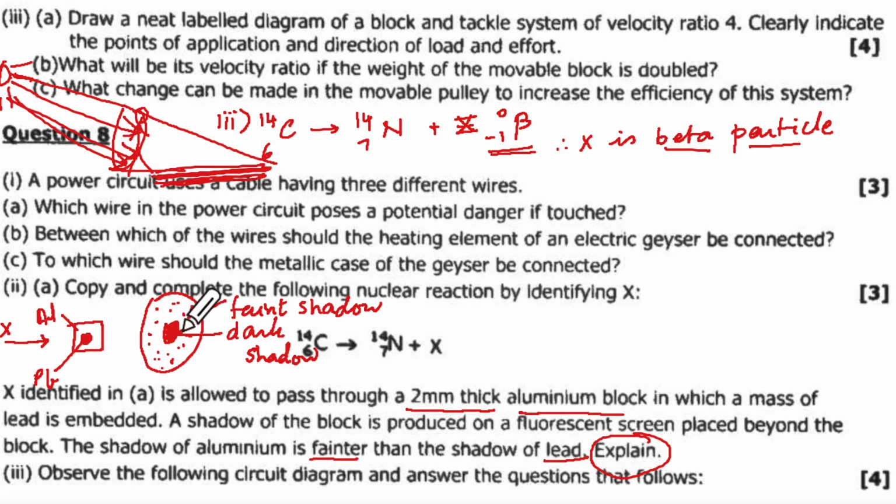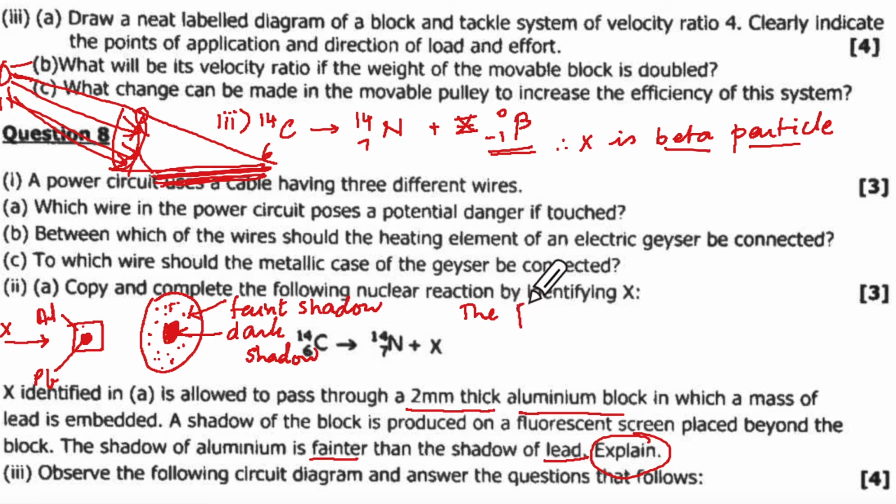Completely blocked, so dark shadow. Partially allowed to go, so faint shadow. Did you understand that? Yes, ma'am. What you have to talk about is the penetrating power. So this shadow is to be linked by penetrating power. Not even one of you said penetrating power. Correct or no? So what you will say is that